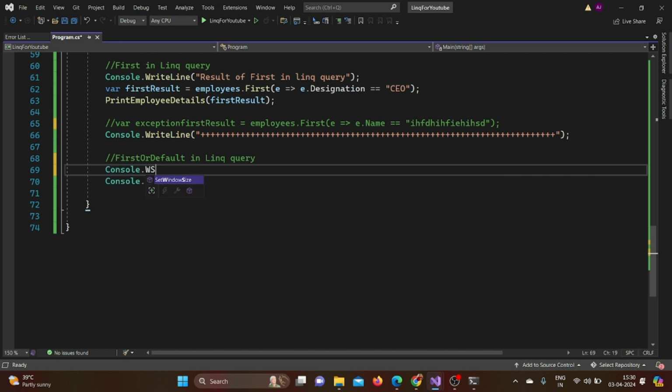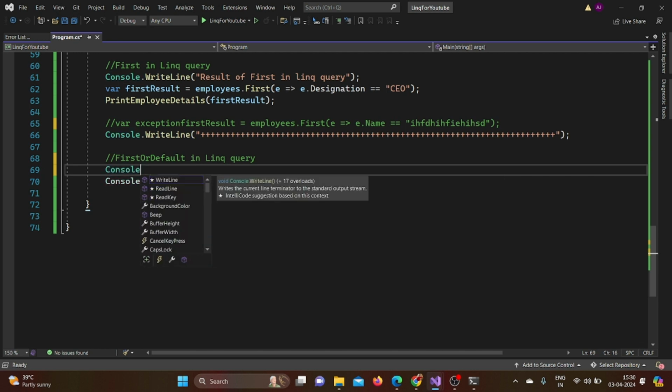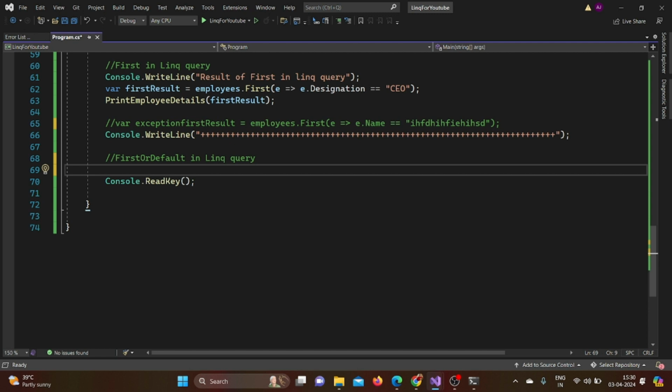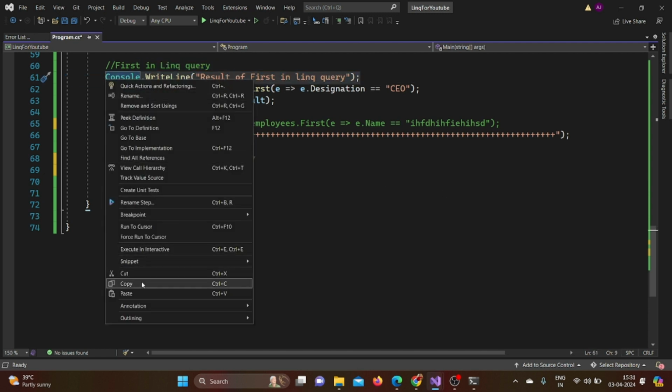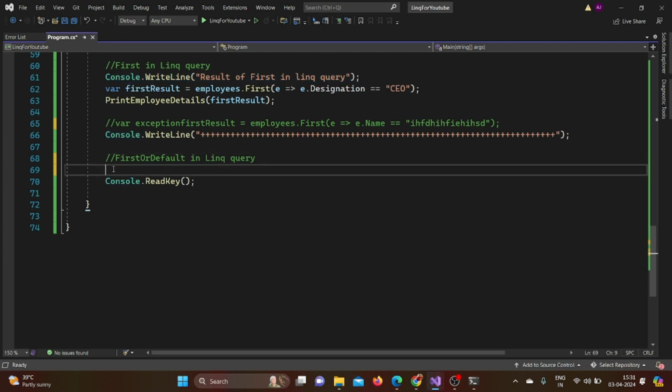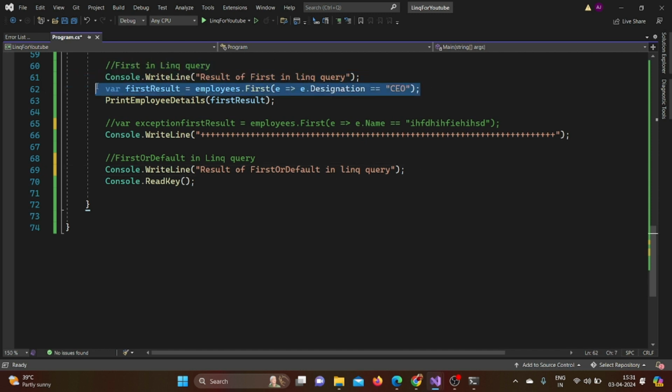So I'll provide our console.writeLine. First, copy it, paste it in here, say FirstOrDefault in LINQ Query, and we will be using this